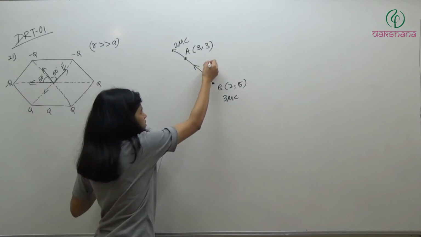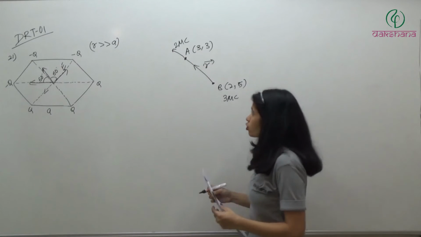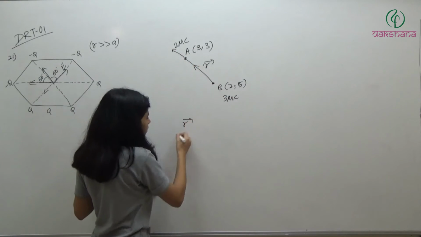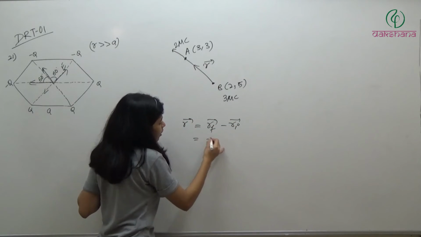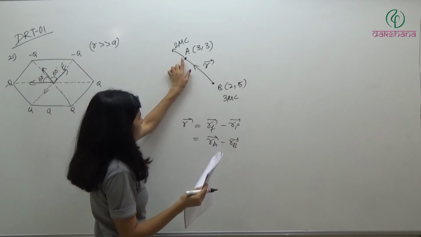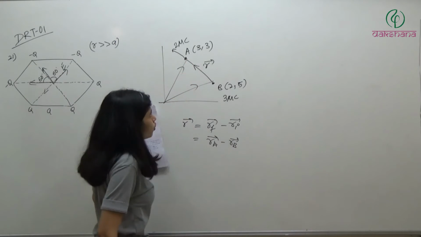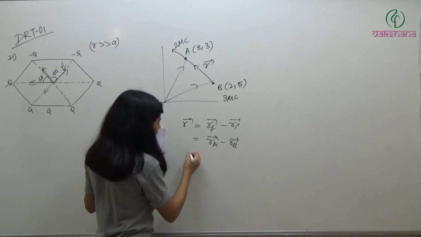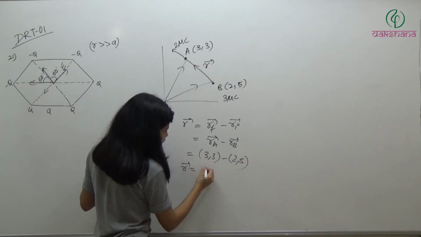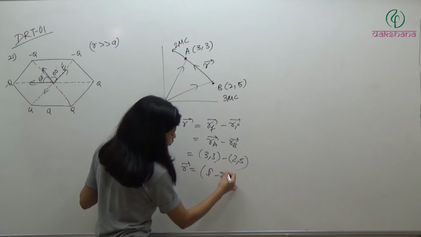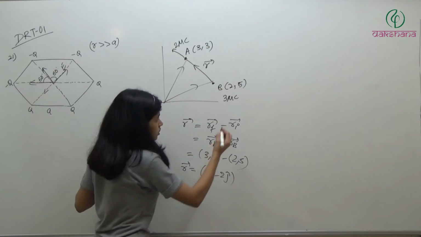So we have to find out this vector if you want to find out the force with magnitude as well as direction. So we will have to find out this vector. So r vector will be what? r vector will be r final minus r initial. It means rA minus rB. This is the final position. You know, something like this you have. This is rA, this is rB. So r will be equal to rA minus rB. So now here we have (3,3) minus (2,5). So r vector will be equal to i cap minus 2j cap. So this is what the r vector is. Clear?